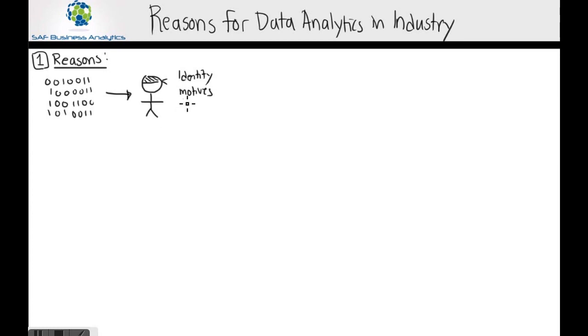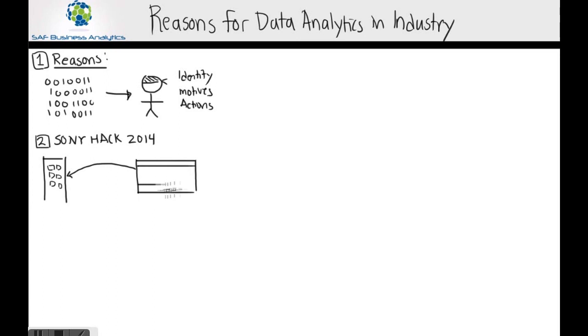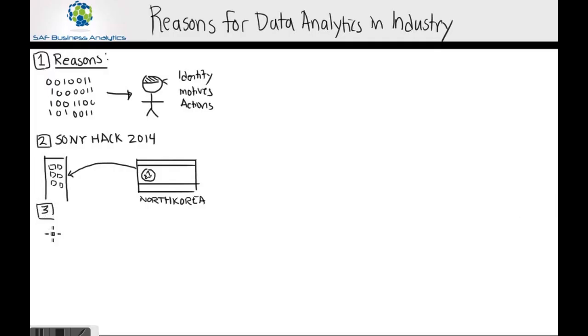There is a lot of raw data out there that can be further analyzed to improve our intelligence and national security. The data can be transformed into important information pertaining to identities, motives, and actions of groups and individuals. For example, take the Sony Pictures Entertainment hack of 2014. It proved that our enemies are getting smarter and using alternate methods to threaten our national security. The FBI was able to deduce that this attack was caused by North Korea, but imagine a future where we can extend our analysis into the predictive realm and prevent these cyber attacks from happening before they become a large